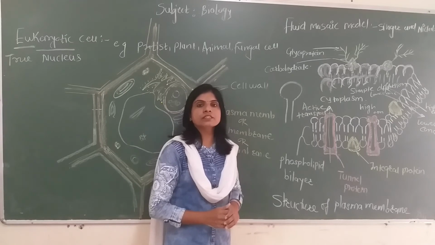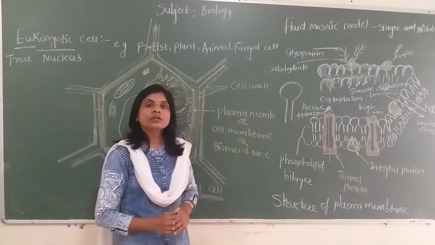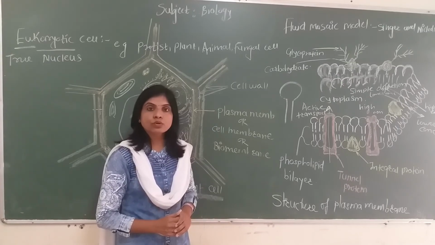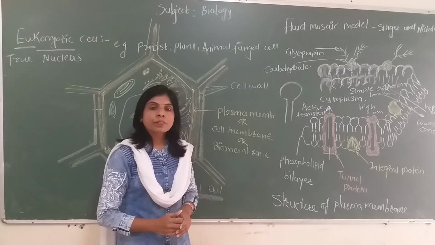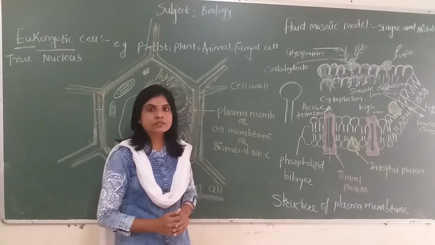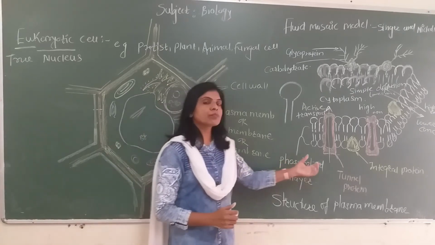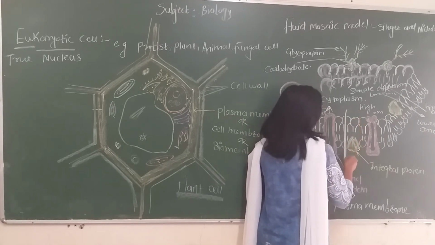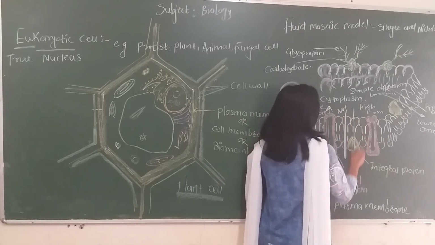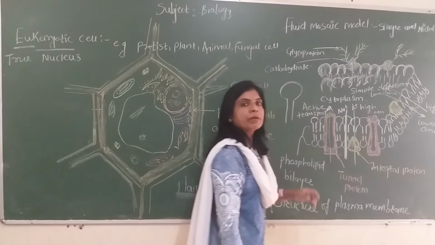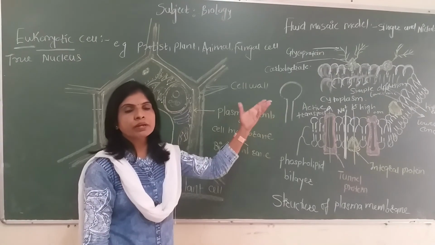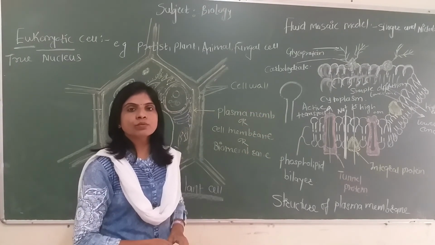Which substances are transported by active transport? They are mainly biomolecules such as carbohydrates, fats, proteins, different sugars, and some ions also. Divalent ions also show active transport across the membrane, either with the help of tunnel proteins or special channels like sodium channels or potassium channels. By binding with the sodium and potassium or this tunnel protein, these substances move in and out of the cell by utilizing energy. That is the type of transport shown by the plasma membrane.